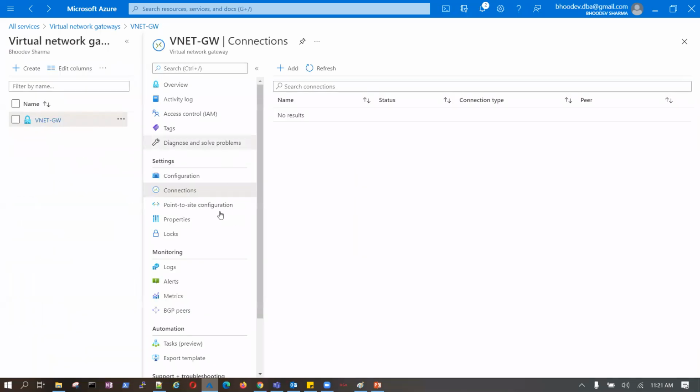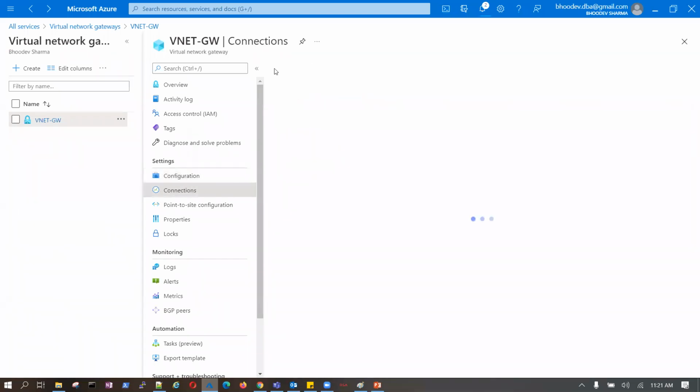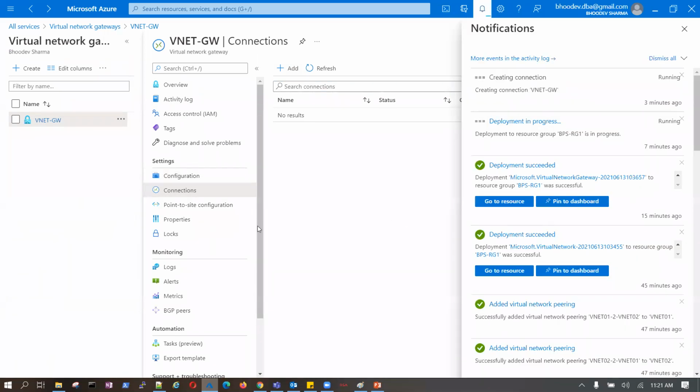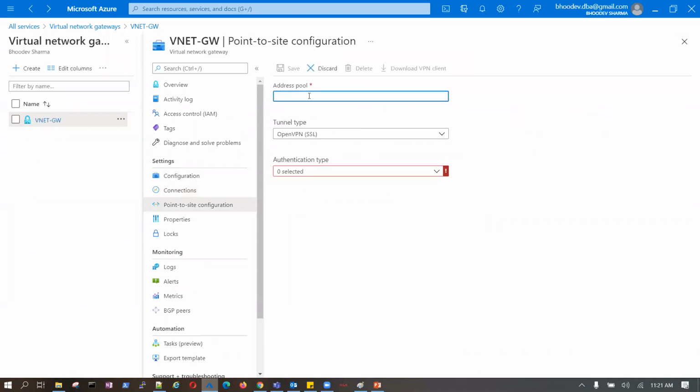Now, if we have configurations, we have our connections. Okay, now this is taking time, it will take time. Okay, now point to site connection. Now this is, I'm connecting from my laptop to my cloud environment, it is a point to site connection.